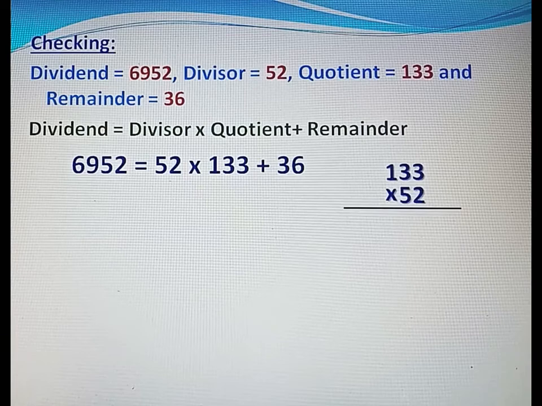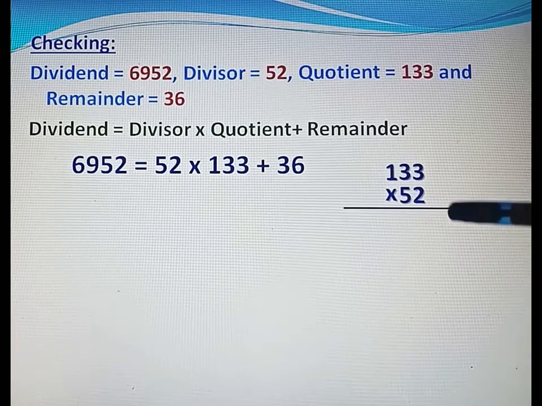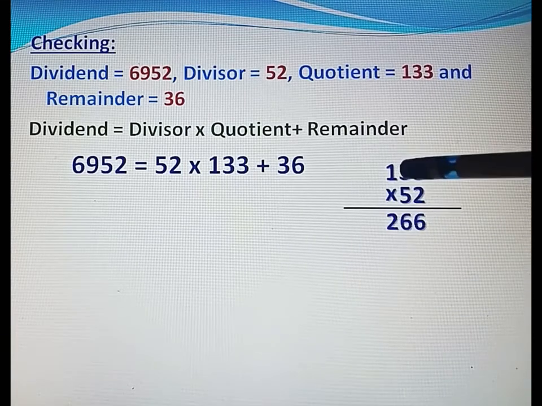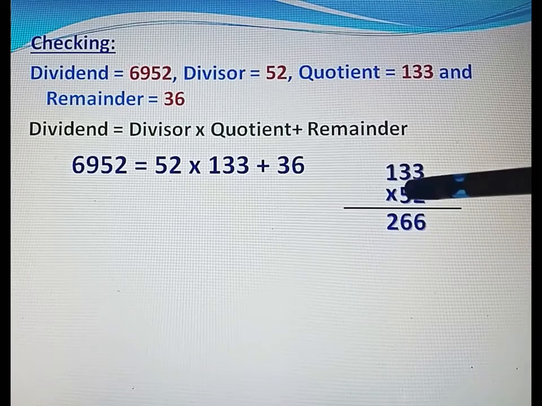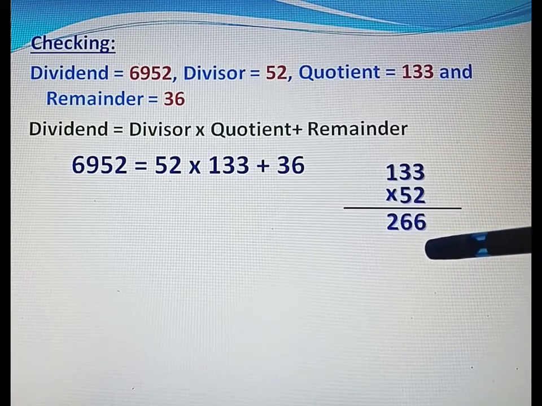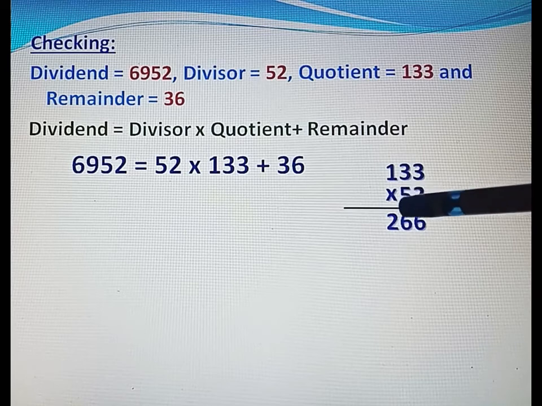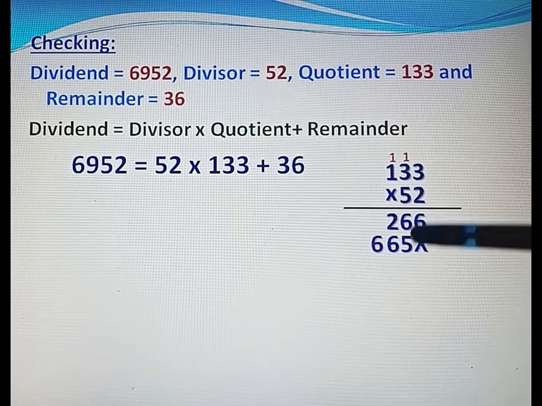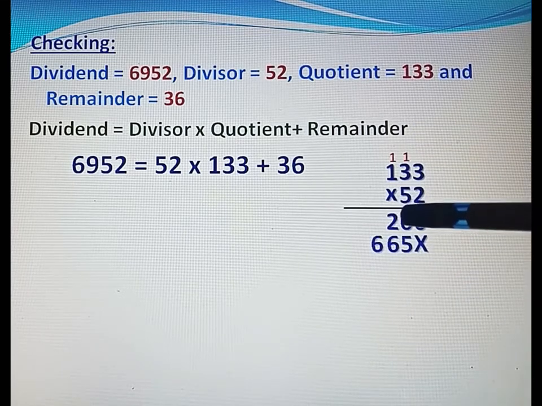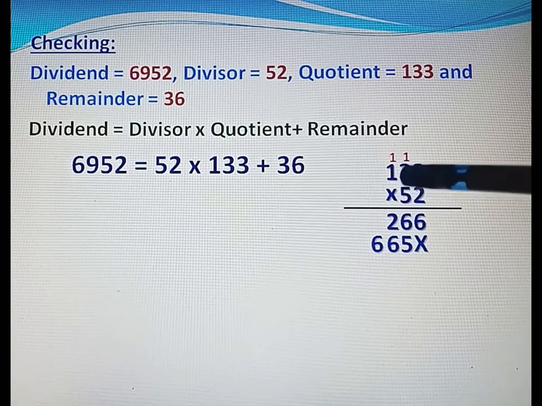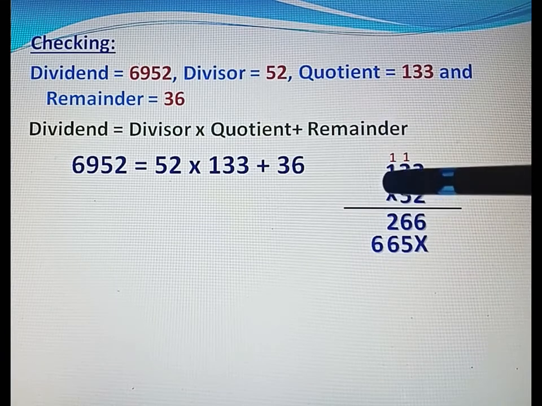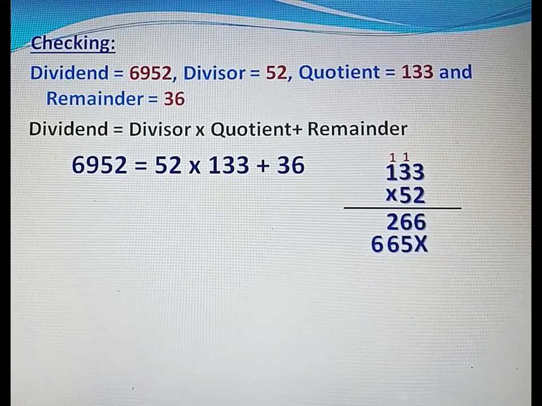Multiply 2 3 ja 6, 2 3 ja 6, 2 1 ja 2. This 5 is on tens place, so we will write here 1 cross or 1 0, and then we will multiply this 5. Multiply 5 3 ja 15, 5 1 carry, 5 3 ja 15 plus 1 16, 6 1 carry, 5 1 ja 5 plus 1 6, and then we will do addition.